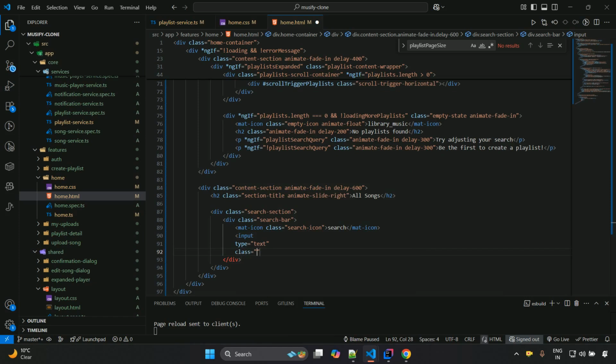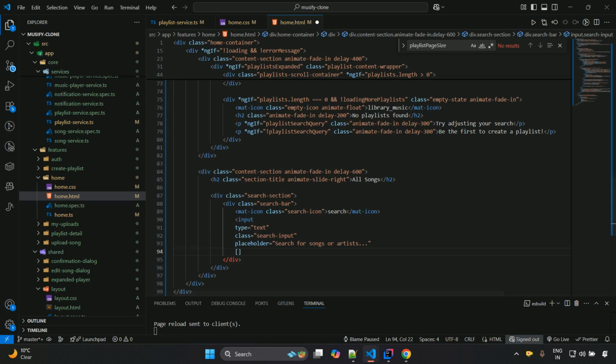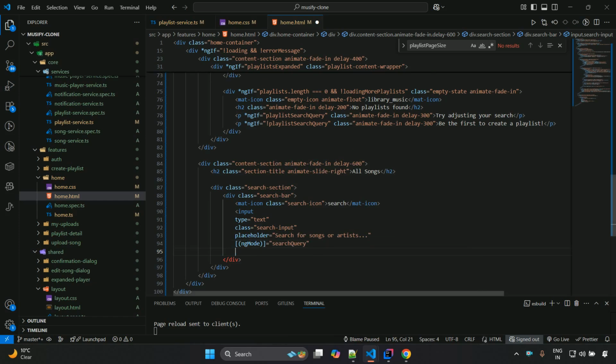Okay, it should be class search-input, and after that placeholder, and here we have to just write "Search for songs or artists...", and then ngModel equals to searchQuery, and then keyup.enter, and on search